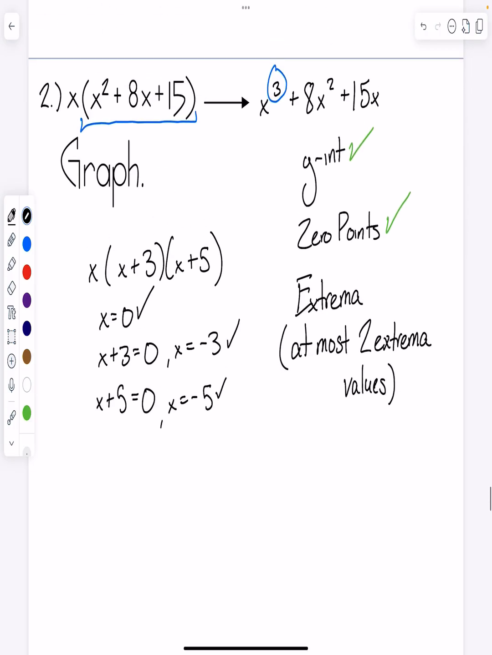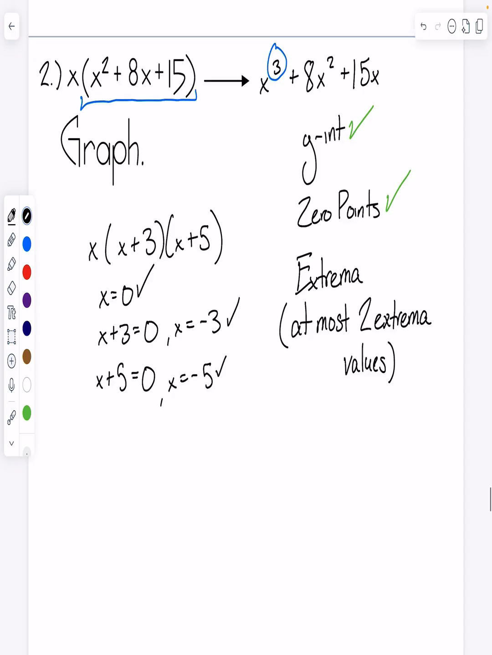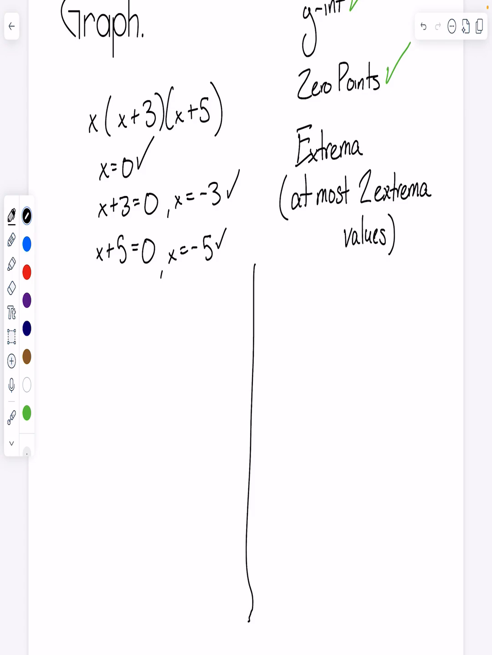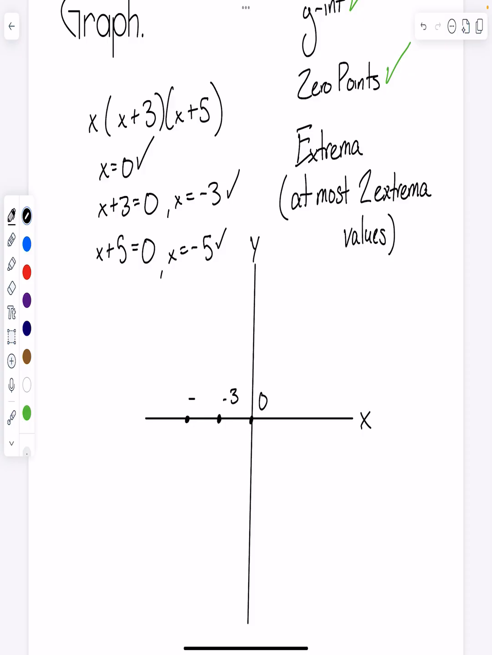Notice that my a value is greater than 0, so my positive end behavior should be what I notice in the graph. And if we take a look at what this looks like graphically, if I draw my x and y axis, right, notice that I have 0 points at 0, at -3, and at -5. Right, my end behavior has to be positive, right? And so this should look something like this,